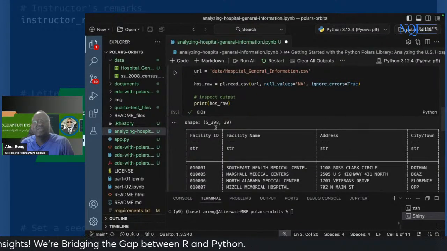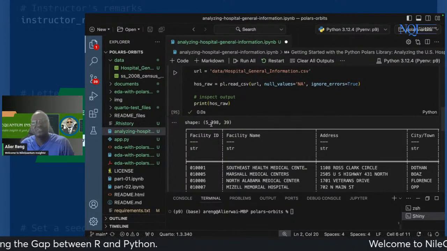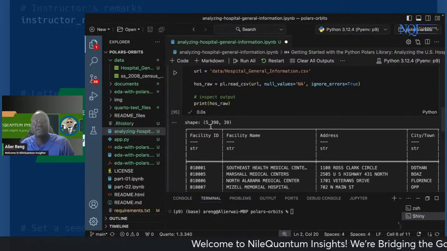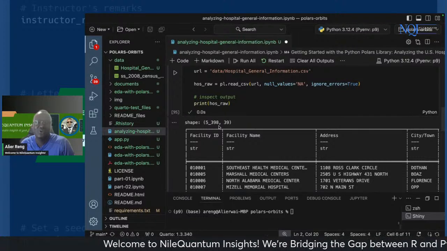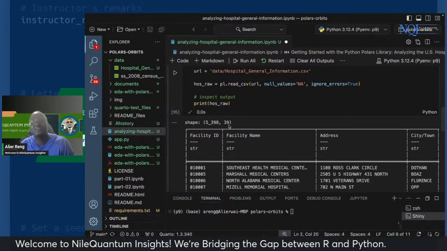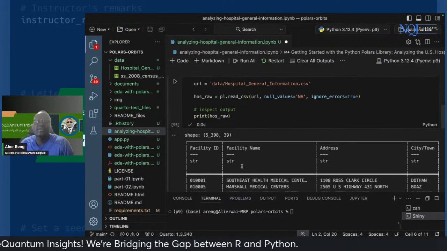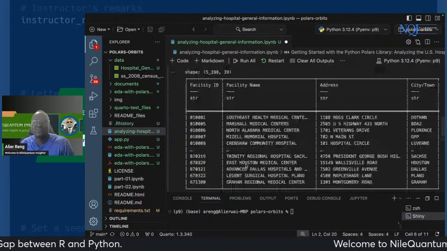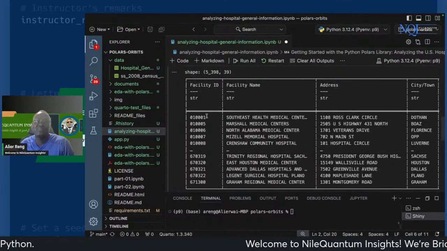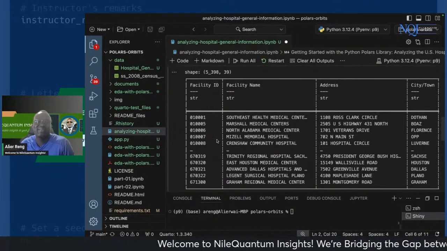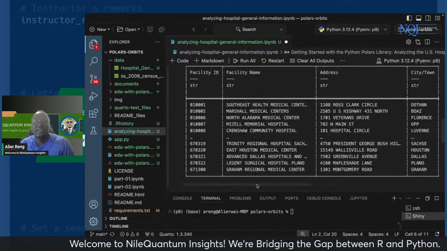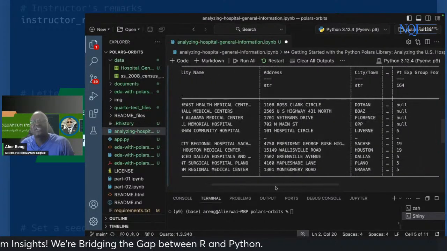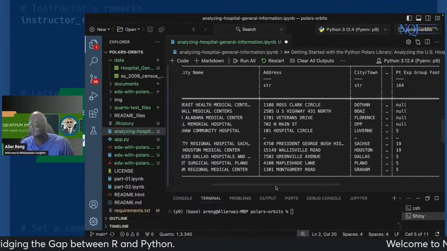So this data is 5,000, so this is another way you can show 1,000 in Python underscore, 5,398 rows or observations and 39 columns or variables. It's not all these columns that we are interested in. Some of them are important, others are not important. Like for example, I'm not going to need the ID column. And then when you scroll all across, we may need the state, we may not need the physical address,